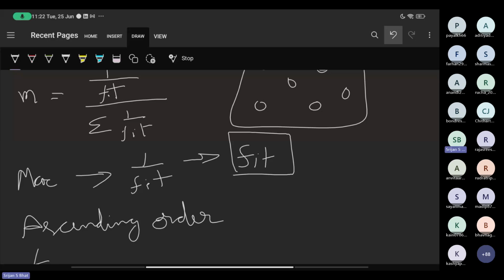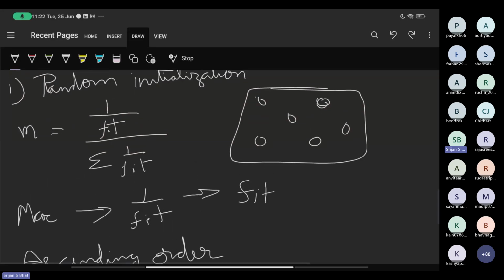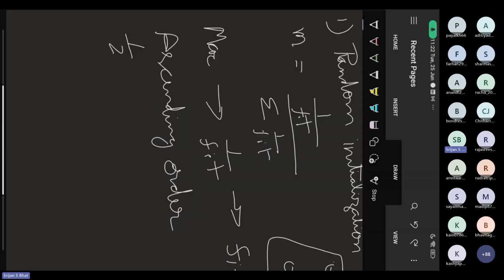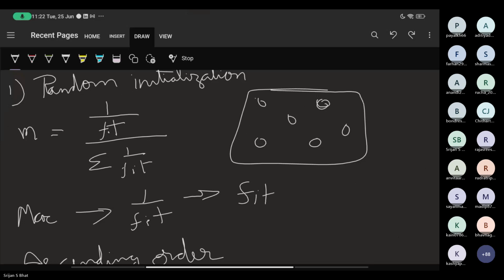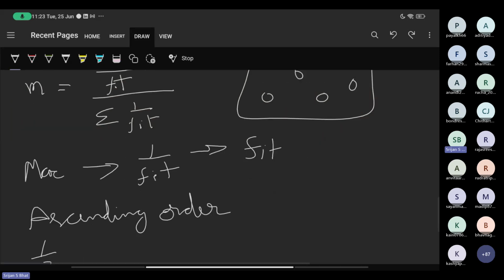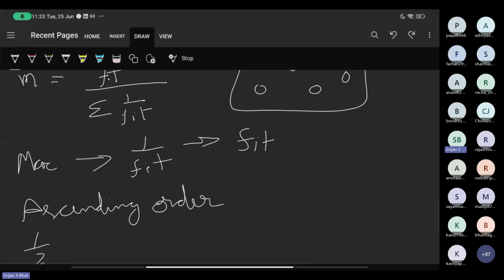But while you have the objective functions, I think it's better to put this as objective function instead of fitness. But fitness is basically how close you are to your optimal value. You can't really get that, but it's just saying how much better your value is.